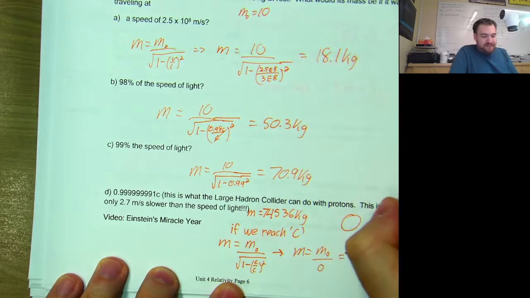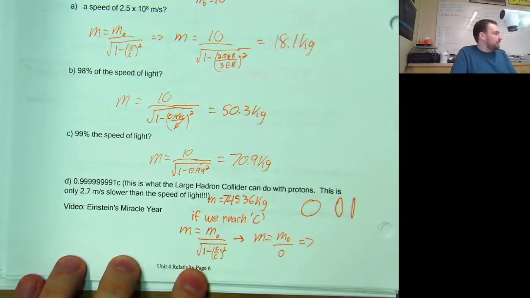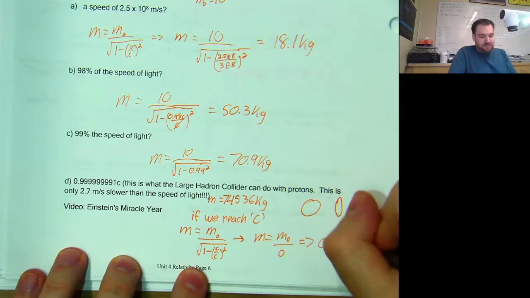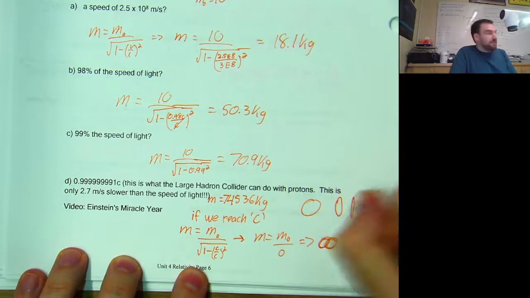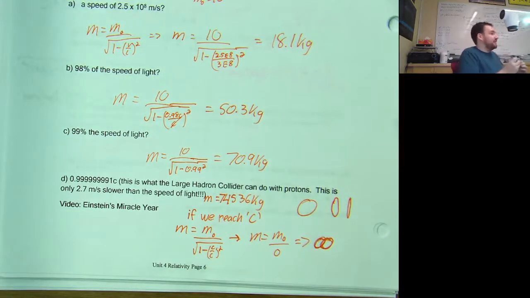When I divide by 0, which we can't do, the physical interpretation of that is this. At the speed of light, our 10-kilogram bowling ball would have infinite mass, and it would be infinitely thin, and